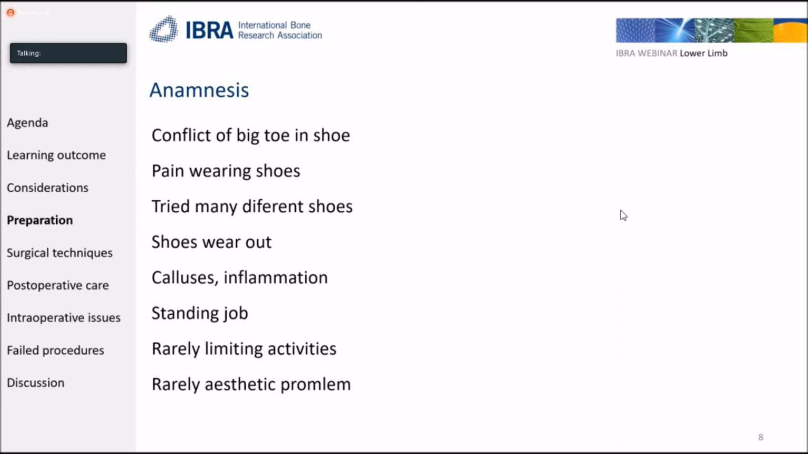But at least in my outpatient clinic, they rarely report being limited in their activities, and really, at least in my